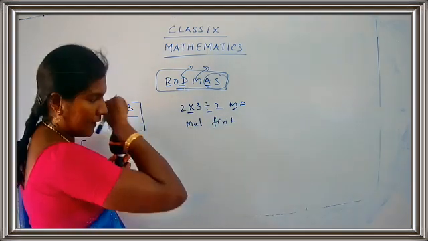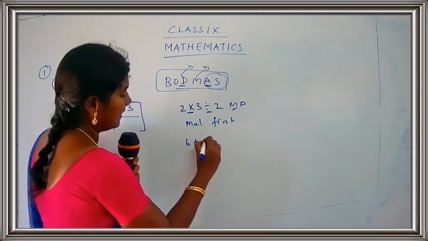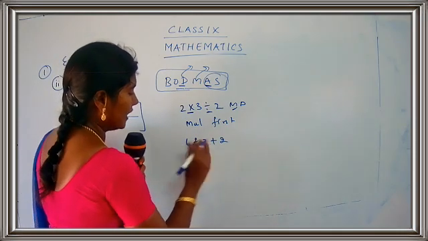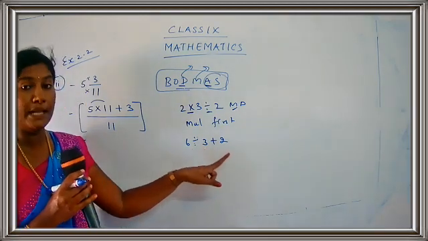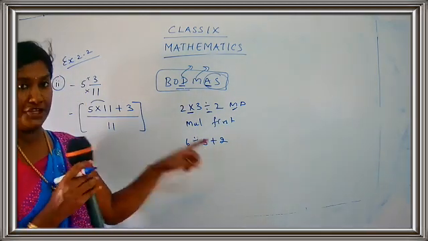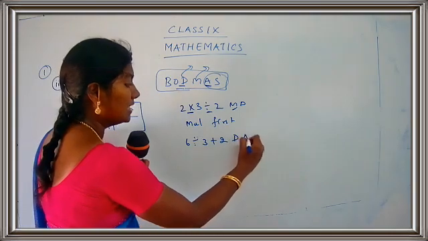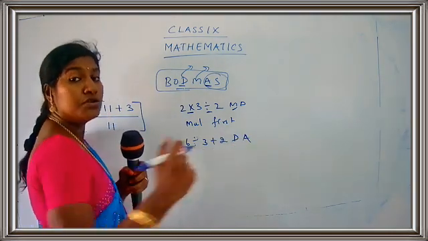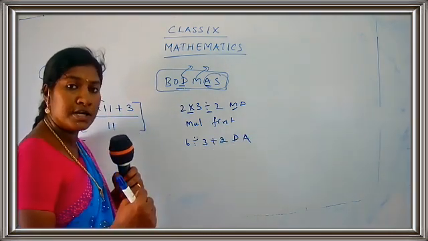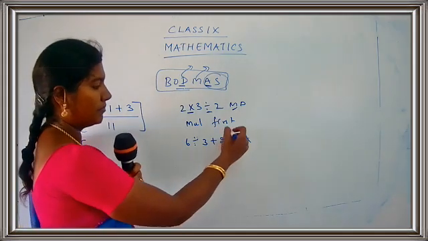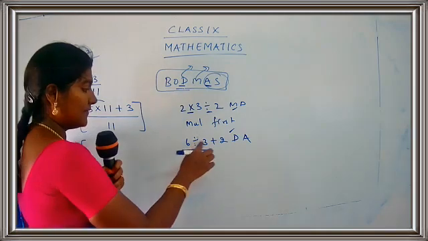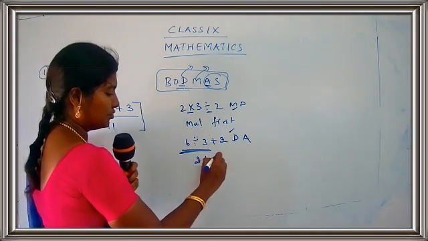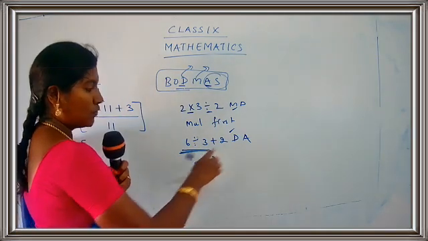Okay, if you have 6 divided by 3 plus 2. I'm just giving some operations here. 6 divided by 3 plus 2. So division, addition. What are the two operations used here? Division and addition. So which one are you going to do first? Yes, here no problem. Here we have to do the division part first. So 6 divided by 3, that is 2, plus 2. The answer is 4. So what will be done?